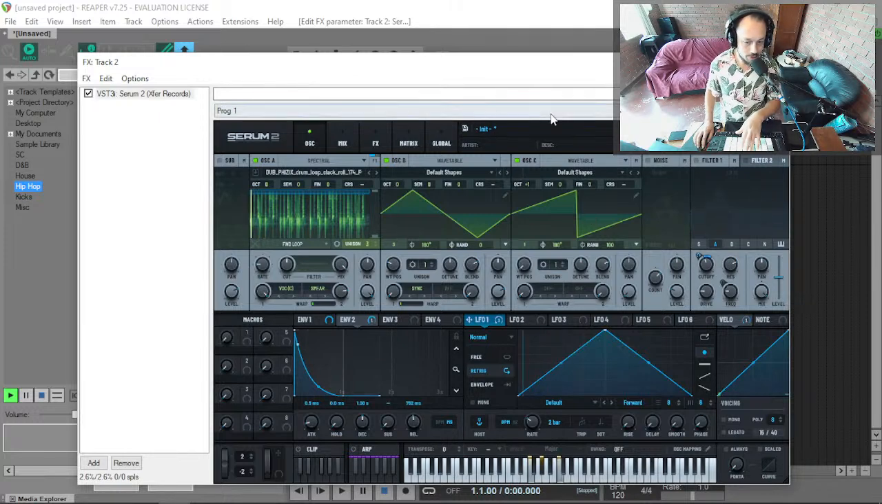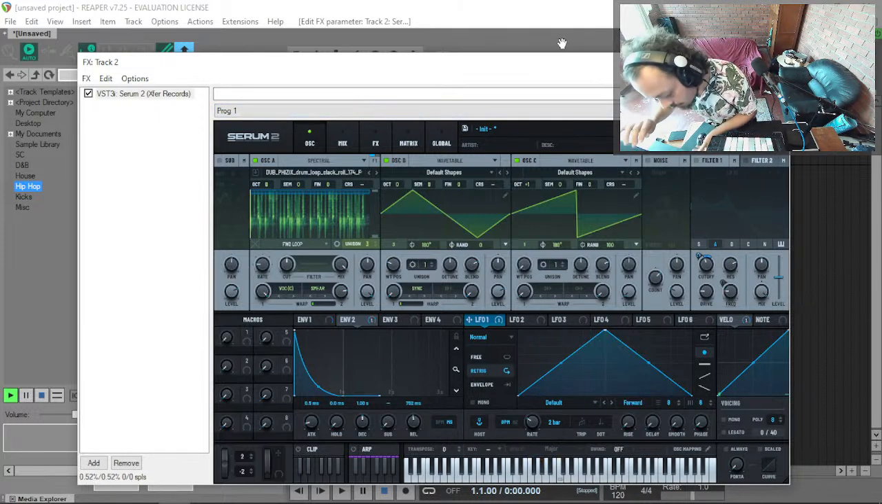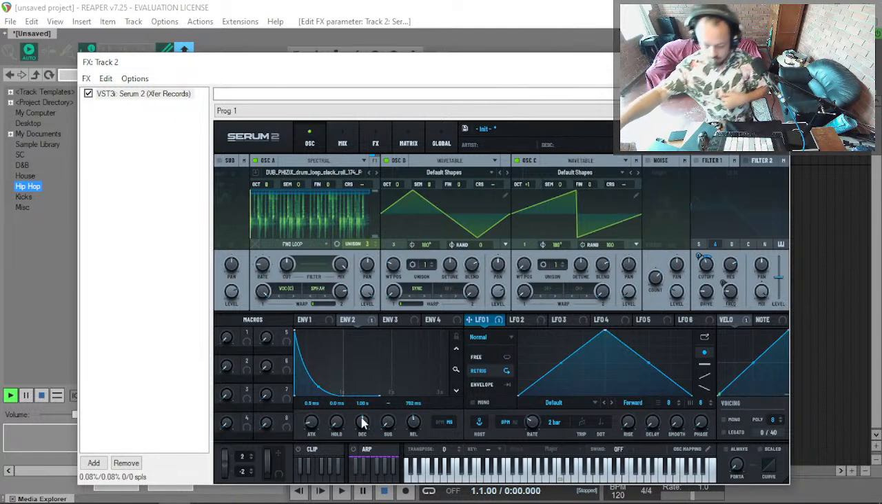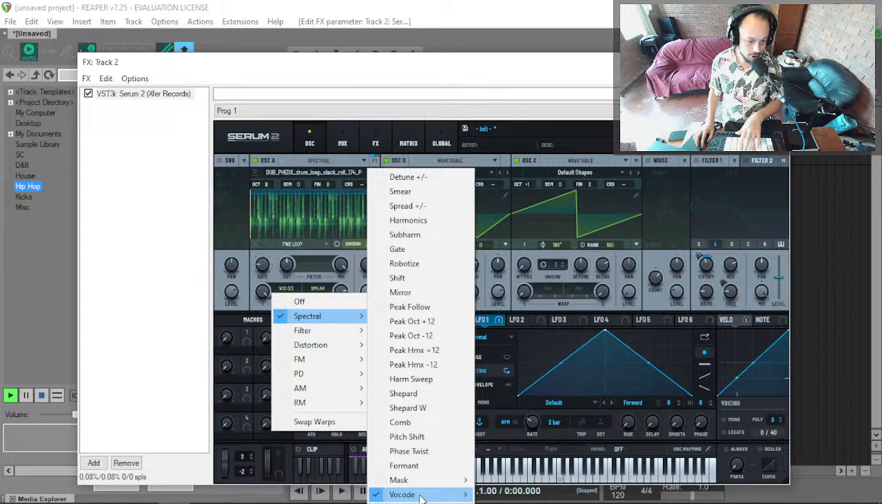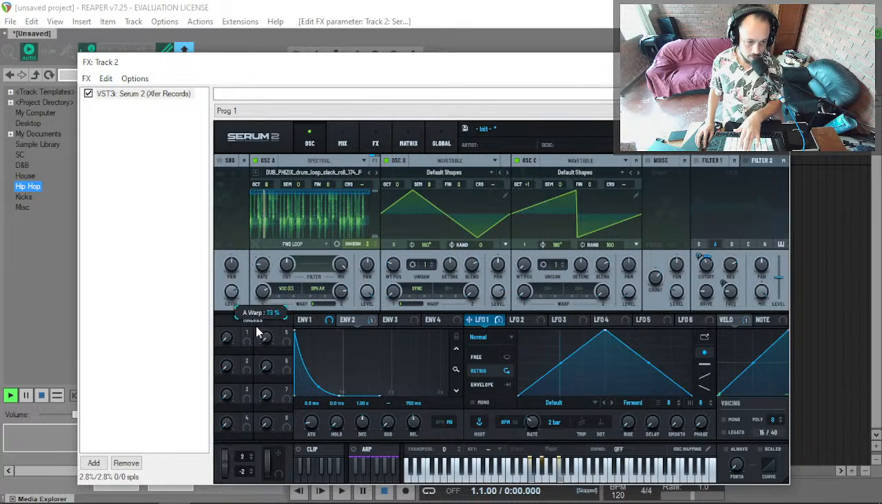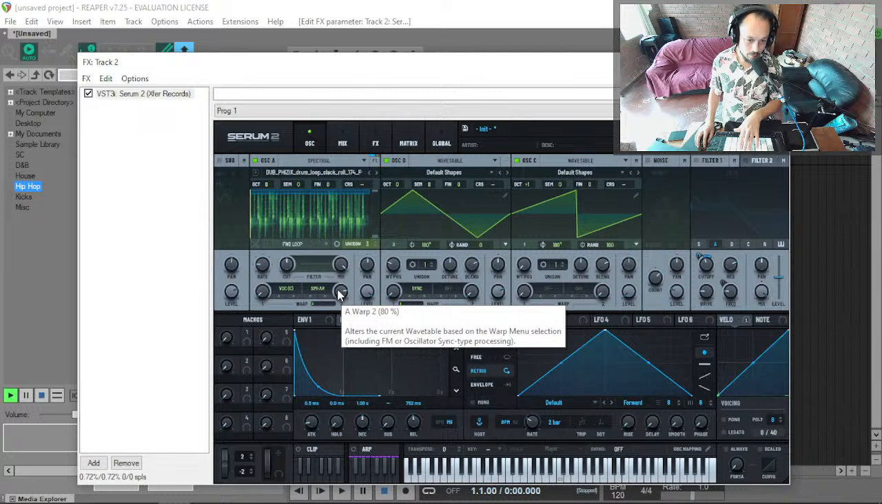Good morning, Nod was 1. Messing around with Serum 2. Loaded a drum loop into the spectral oscillator, and I found you can vocode it with another oscillator, so vocoding from oscillator C. Found that, and